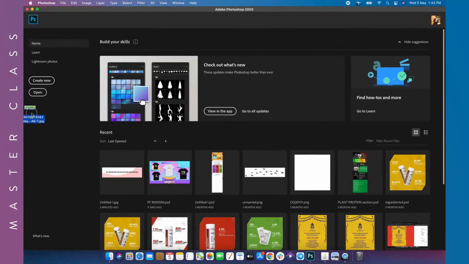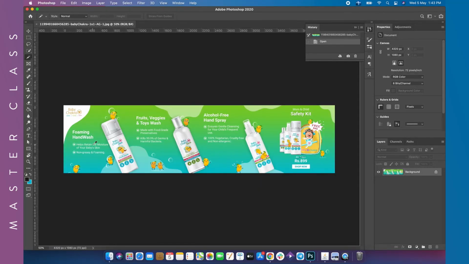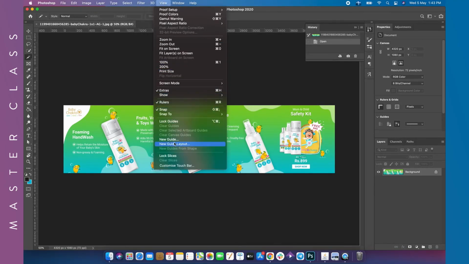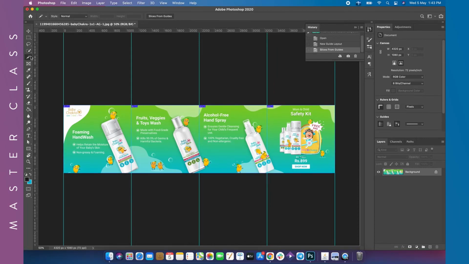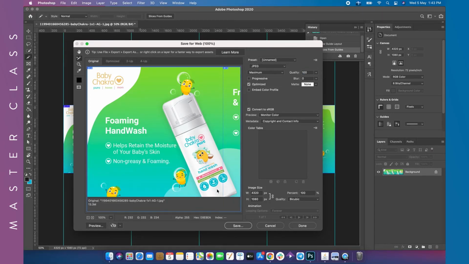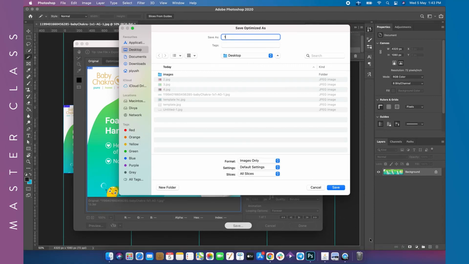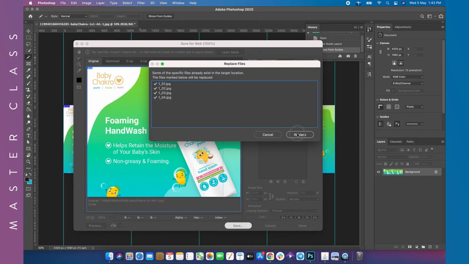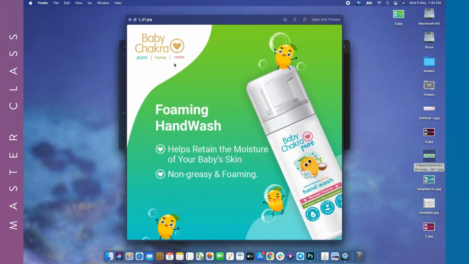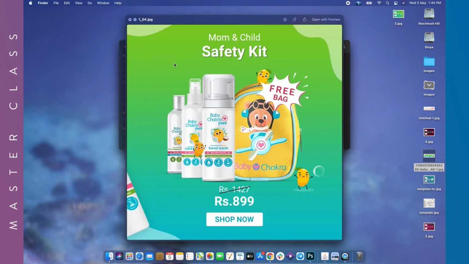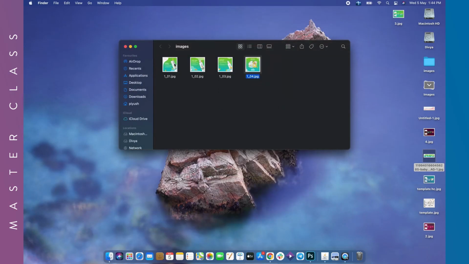Let me drag this up over here, and say this is a 4 card carousel. So we will go to View, New Guide Layout, and we will keep it as 4 columns only. Then we will slice from guides as this one is selected, and then we will press Ctrl Alt Shift S and save it from here. Let's keep this as one as well. Yeah, replace all the 4 cards, and see, boom, you have all the 4 cards ready in just a matter of clicks, like 2 clicks, and you are done, rather than spending a ton of time.